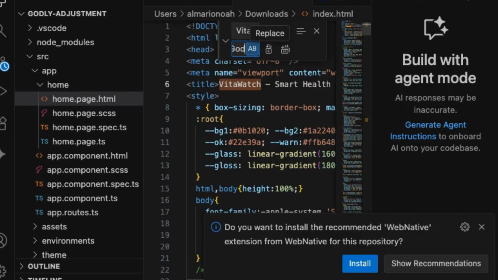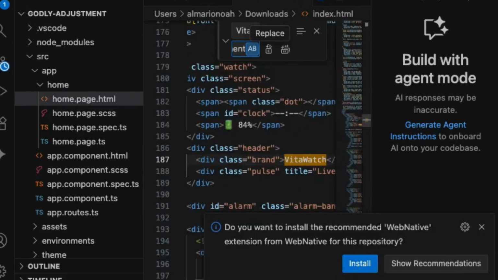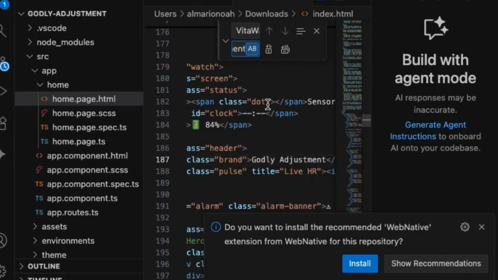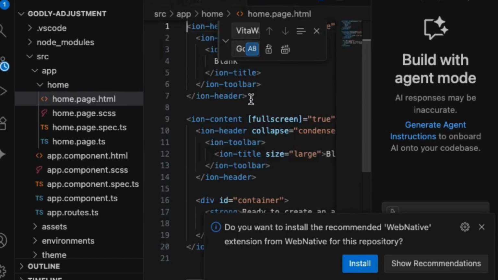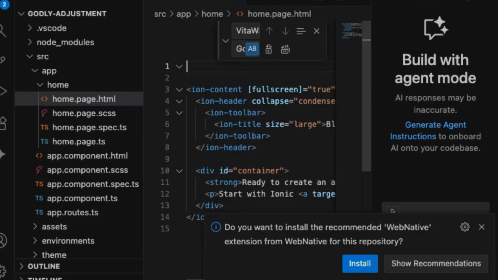We replace everywhere it says VitaWatch with our app's name. In this case, it will be Godly Adjustment, and we just find and replace using the Visual Studio tool. Once you have that, we can copy the content of index.html, and then we navigate to